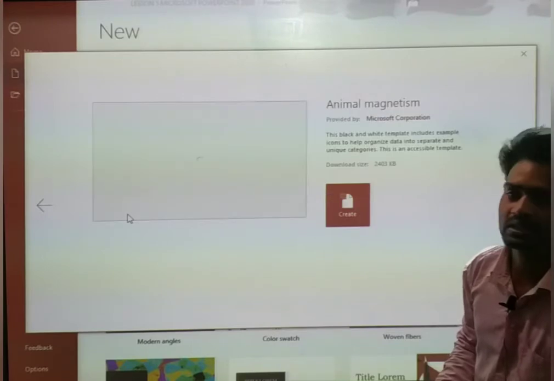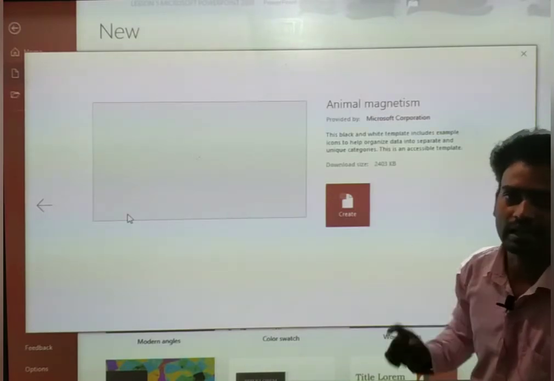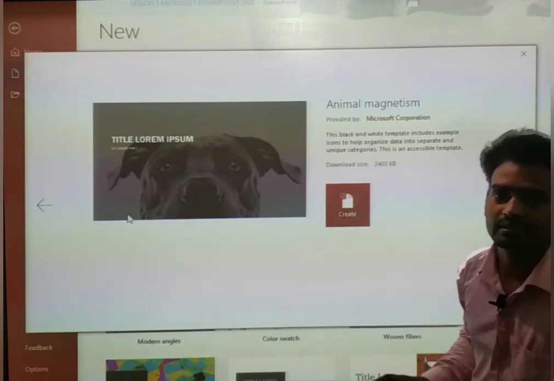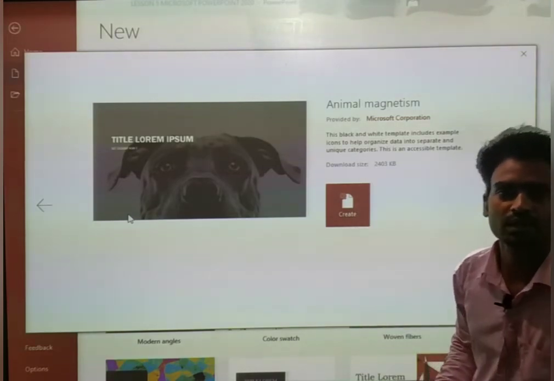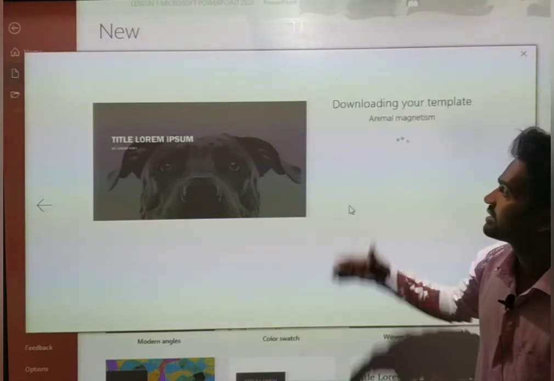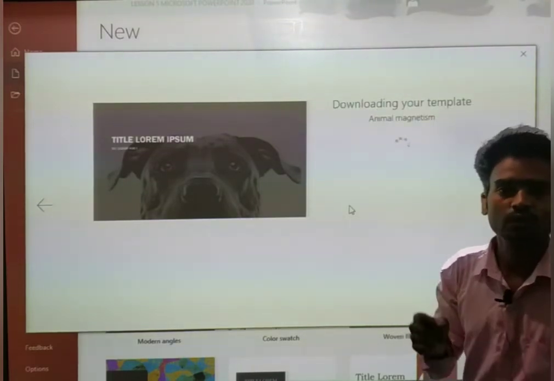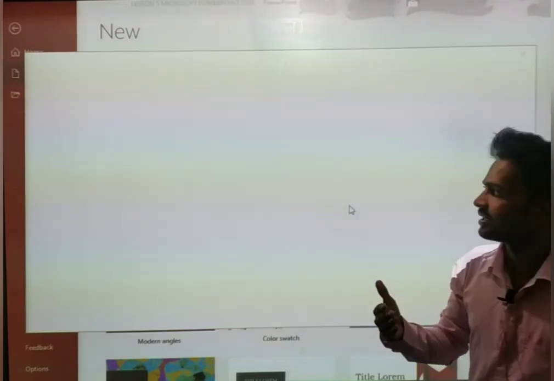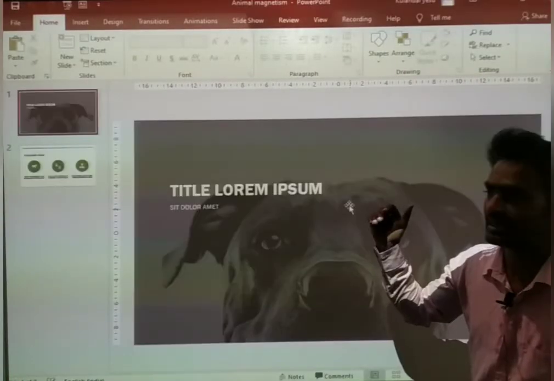Click on whatever template that we need. Just click on that template, and then we have to create that. We have to click on create. That's what we have given instruction, right? So create. When you create, it will download. First time, it will download from internet. Then afterwards, we can open it automatically. So since it's the first time, I create that.